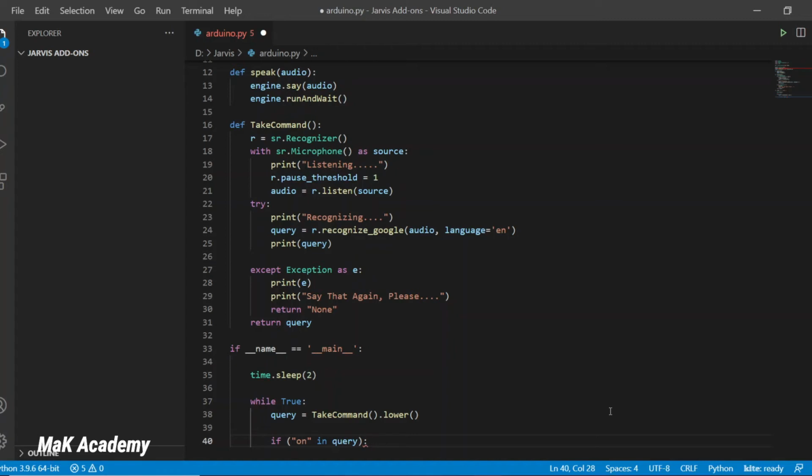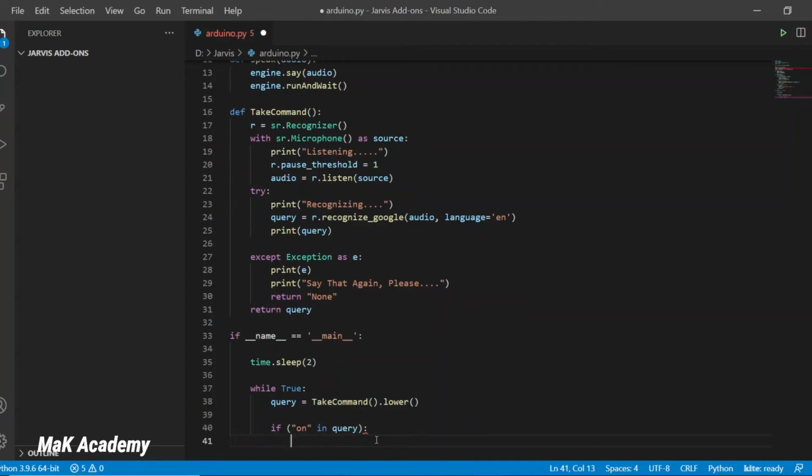We cannot say turn on. We have to say exactly the word on to make it understand. With the in condition, it will understand the if statement as long as we say something that has the word on in it.